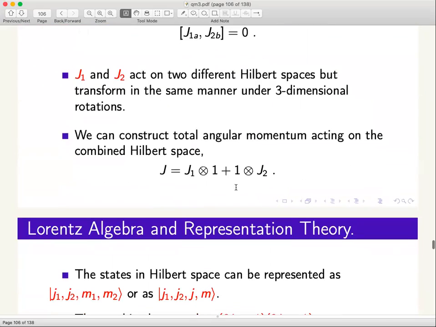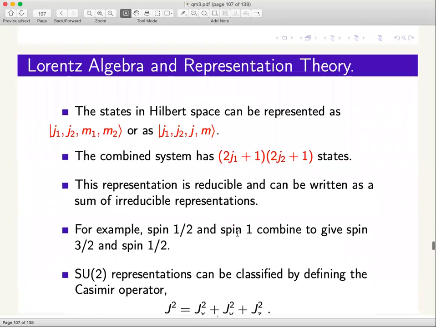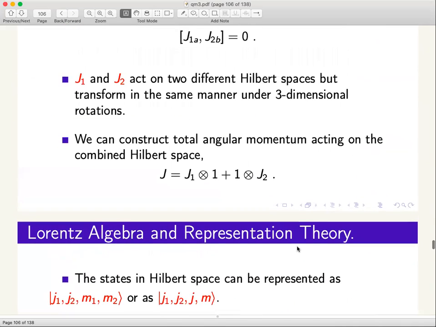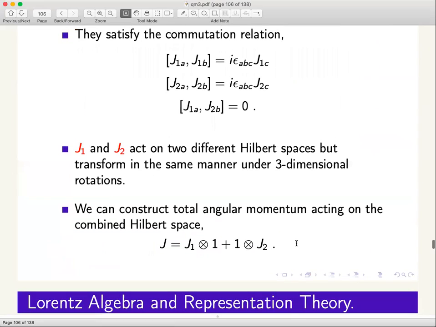These ones that I'm talking about. Right now they are abstract. As soon as you take this example, then the J's here are 2x2 matrices, the J's here are 3x3 matrices. If you go a little above, you have written something like J1 and J2 act on two different Hilbert spaces, that is fine, but transform in the same manner. I'm saying that they are fixed matrices. We aren't considering their transformation as such.